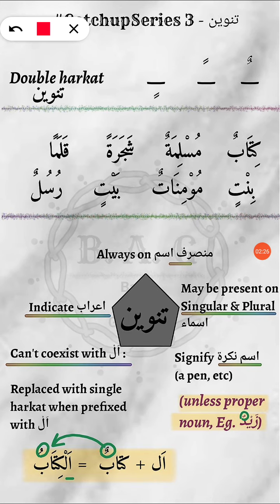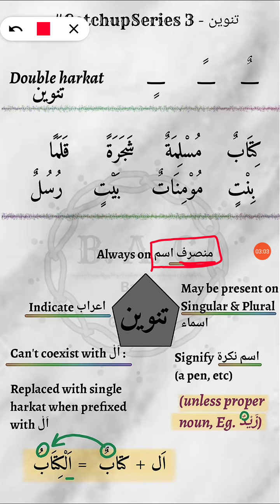First of all, the tanween is always present on the munsarif ism. Alright, so you're not going to find tanween on fail, and you're not going to find it on harf. Alright, you're only going to find it on ism, and that too the munsarif asma. What are munsarif asma? They are asma that carry tanween. It is just a fancy word for those nouns, for those asma that carry a tanween. Okay, so munsarif asma. Next point,